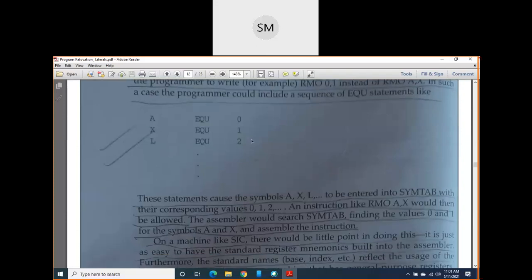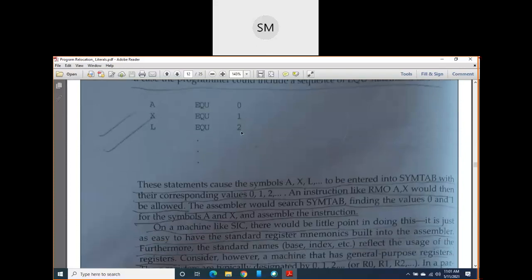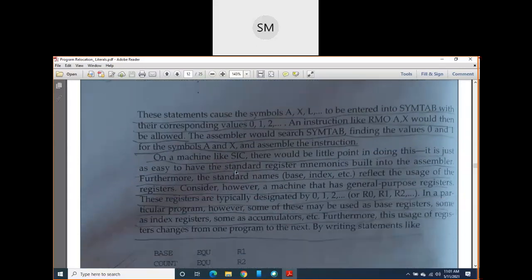In such situations, we have to assign the values or numbers of those registers by using this equate assembler directive. A EQU 0, X EQU 1, L EQU 2. Like this, we can assign the values or numbers to those registers.